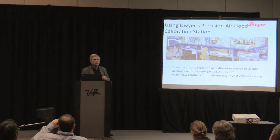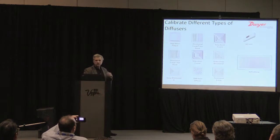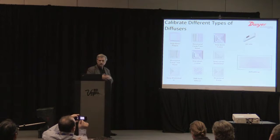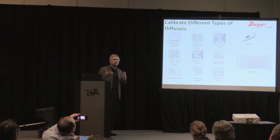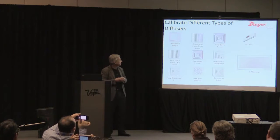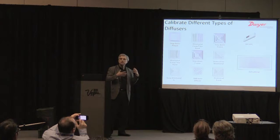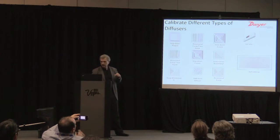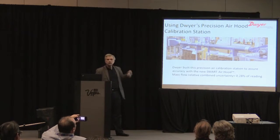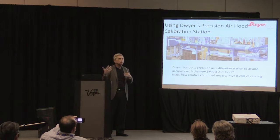And what I'm about to show you is this series of diffusers. I wanted to show you this. This is a sampling from our diffuser library. These are common diffusers you see out in the market. I'm showing you several here, including a slot and a laminar. We took these diffusers and several others, and we put them on the end of this lab down at the far end, and then we took a standard hood, something out on the market today, and put it on the end,